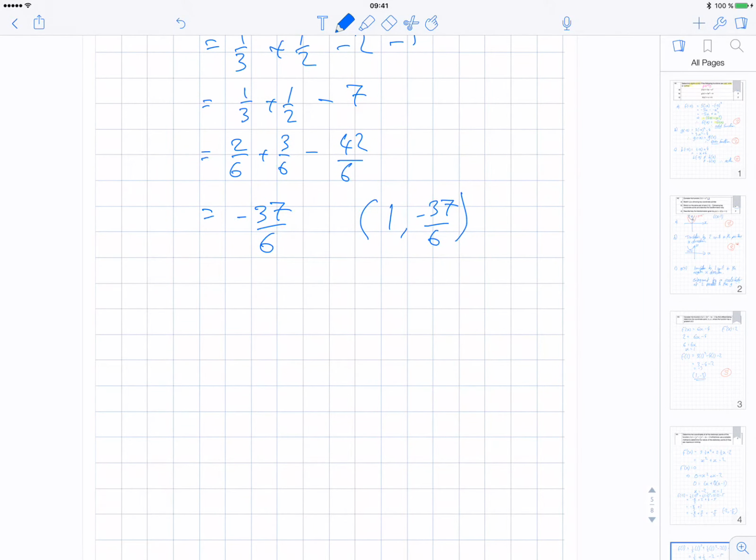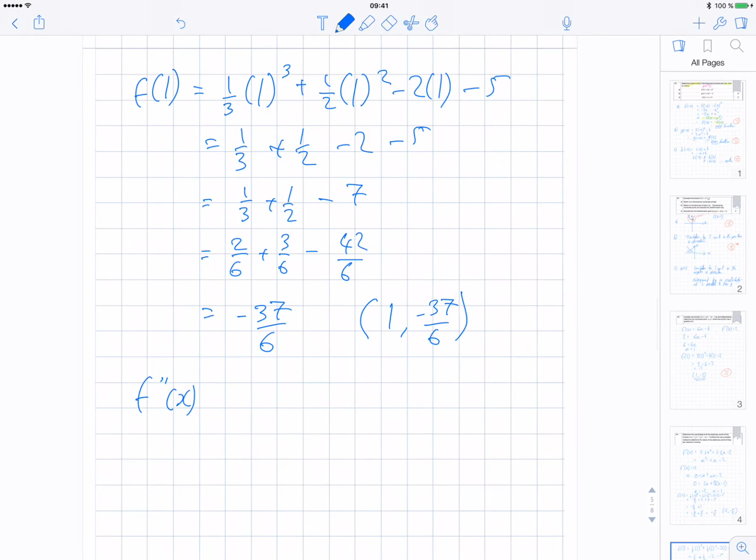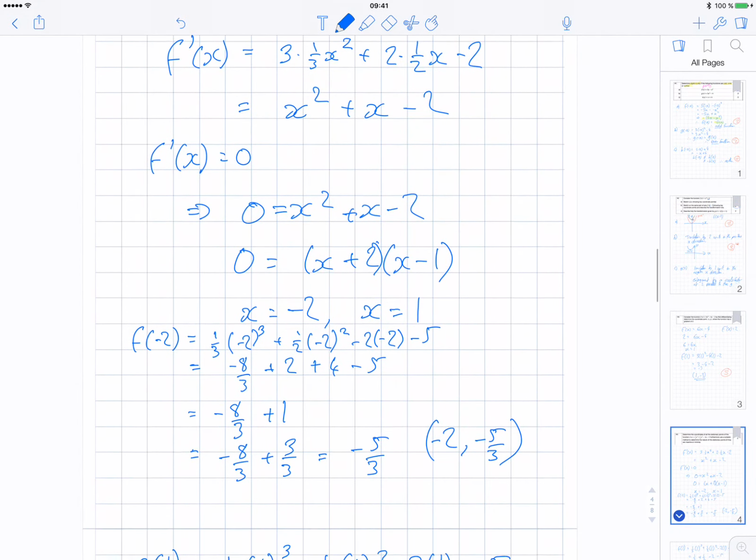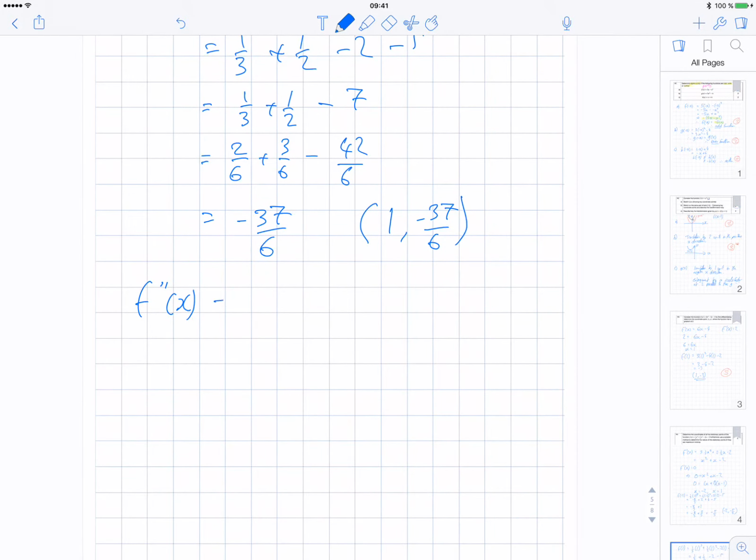Now I need to determine the nature of them, so I do a second derivative, or I can use a table of values. I really don't mind which you want to use. So it's 2x plus 1. I just differentiated the first derivative again. I put in the two values. Minus 4 plus 1 is minus 3, so it's less than 0, therefore it's a maxima,